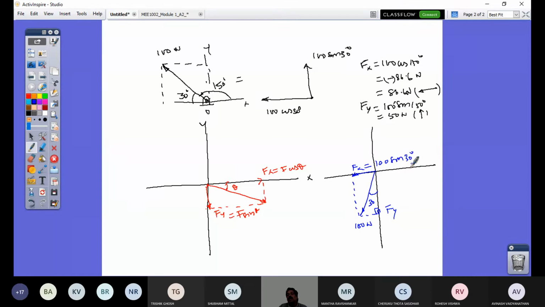So it is 100 sin 30. I write only 100 sin theta because I have already put my direction to the left. Right? And now the adjacent side is my Fy for this angle, so this is going to be 100 cos 30. So it is changed. You should see what the direction is actually: is it given to the horizontal axis or the vertical axis? Is it from the positive x-axis or just to the horizontal? This careful observation is important when you want to play with your forces, right?